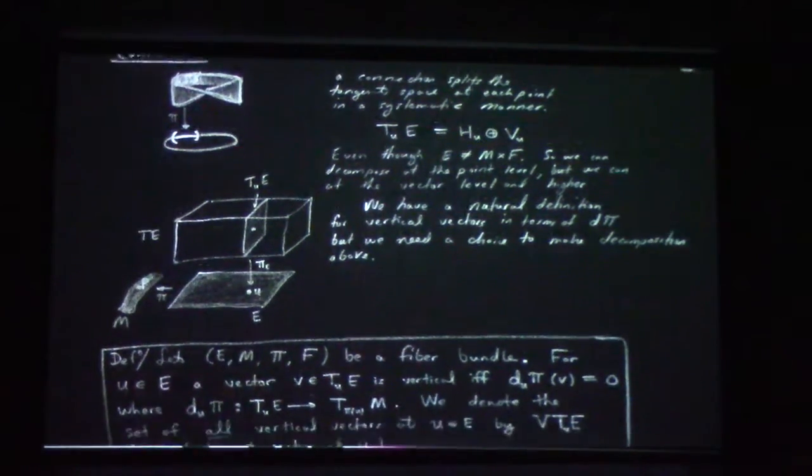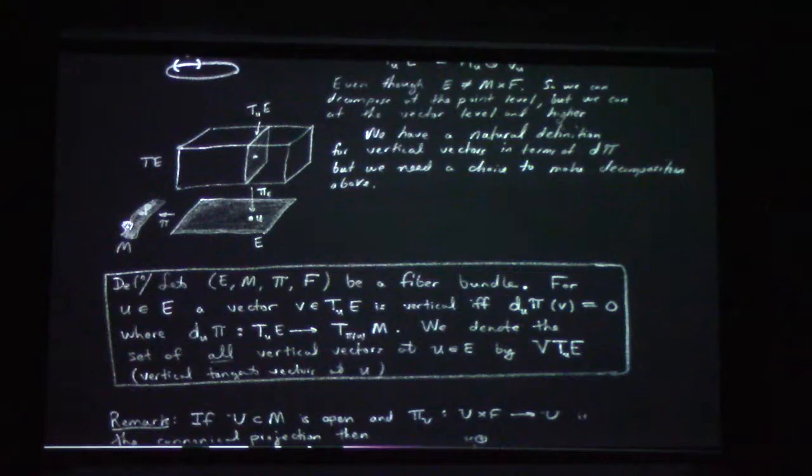So here's the definition of vertical. We have a fiber bundle, and a vector in the tangent space to the total space is vertical if and only if the push forward under the pi is 0. So that means, in some sense, that the tangent vector lines up with the fiber. We could kind of think of it that way. That's why we call it vertical. Where, of course, the differential of the projection map maps from the tangent space to the total space to the tangent space of the base manifold M. And we denote the set of all vertical vectors by